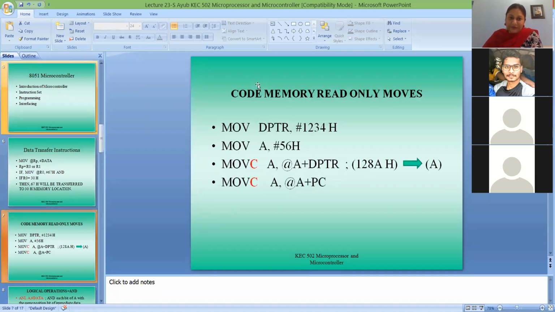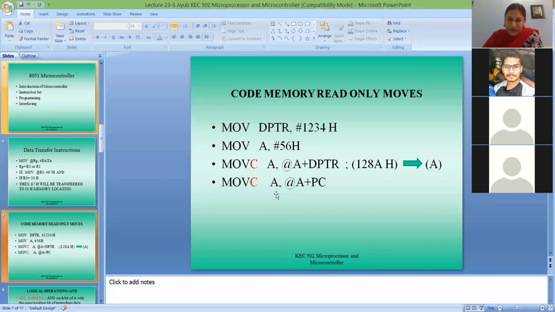So today we'll see some new instructions. Code memory read-only moves, or it is called the coded move. There are only 2 instructions with this particular code memory, and these are written as MOVC. If you put a C here, then it refers to the code memory read-only moves.